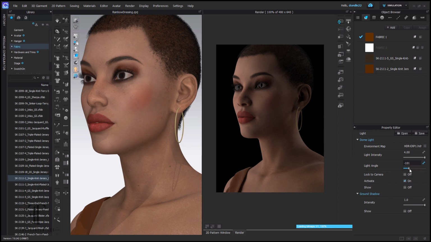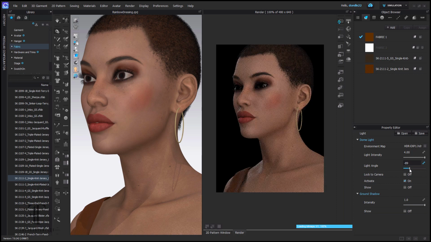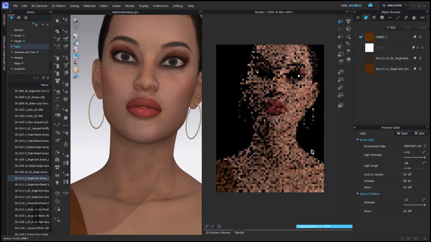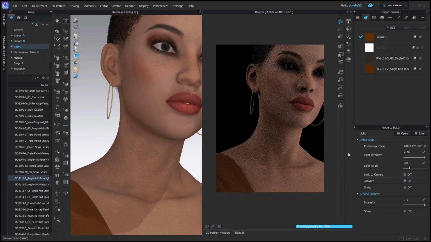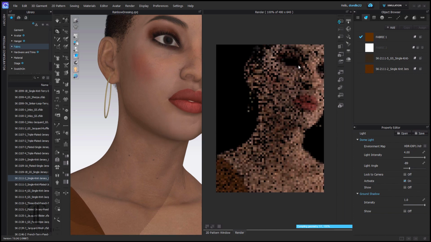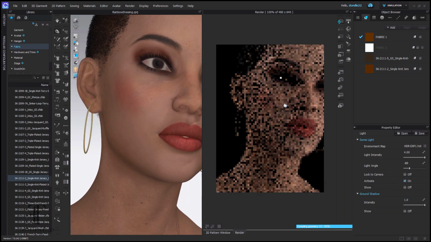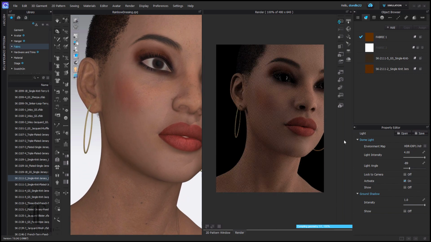Let's see, negative 90. There we are. So now you can make some interesting lights. So now we're going to do phase 2. I'm just going to use the same file, and I'm going to go ahead and render this out just like this in the background so that we can see what's going on with these